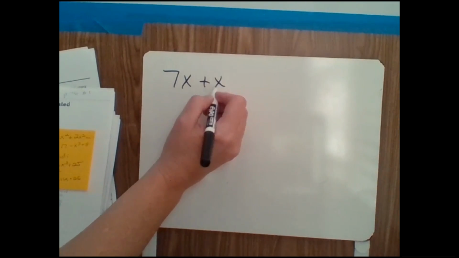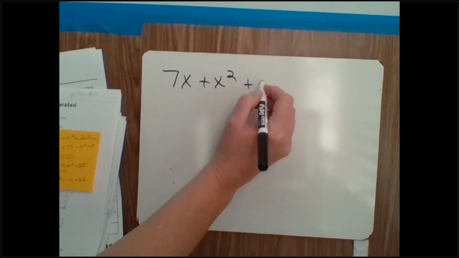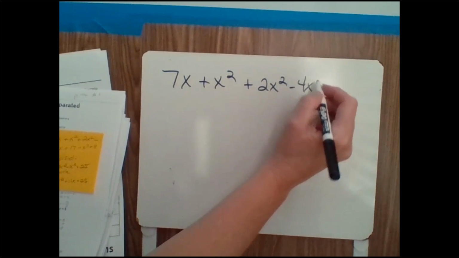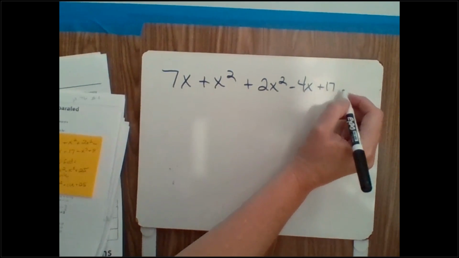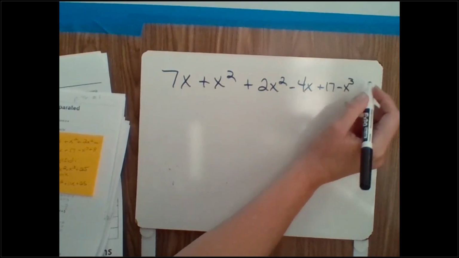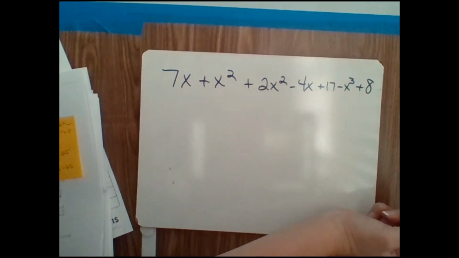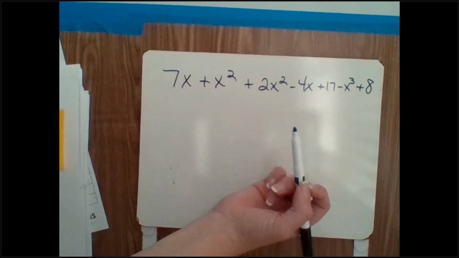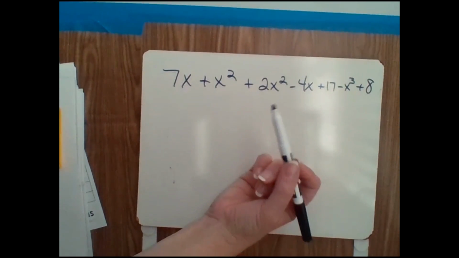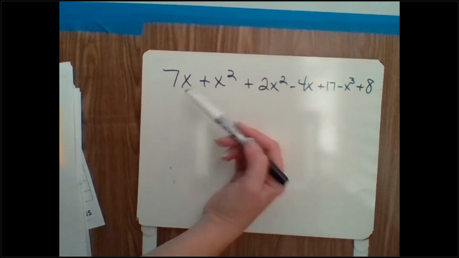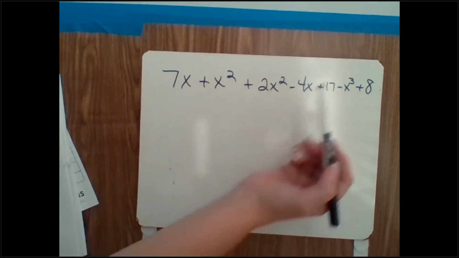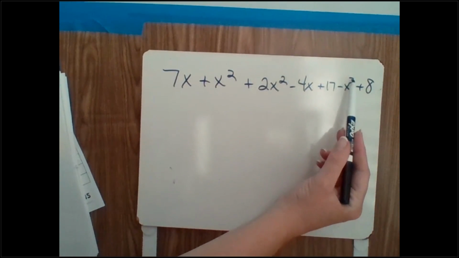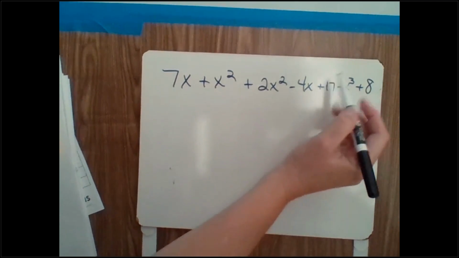7x plus x squared plus 2x squared minus 4x plus 17 minus x cubed plus 8. Hopefully you can see that written. That is a really long expression. And if I'm told to simplify it by combining like terms, I'm going to have to find things that go together. Because I know mathematicians like to write expressions with the largest exponents going first, this time I'm going